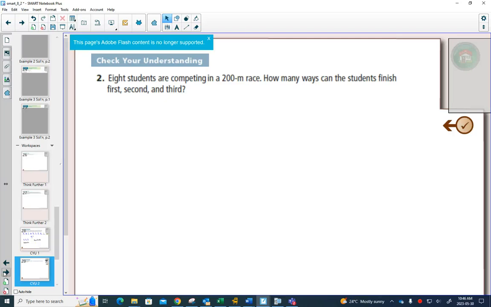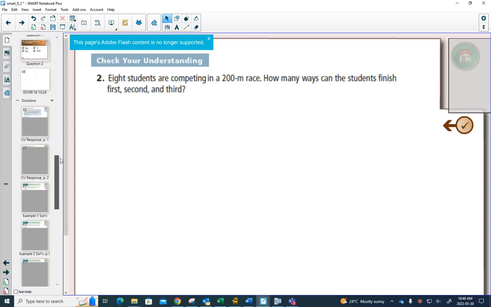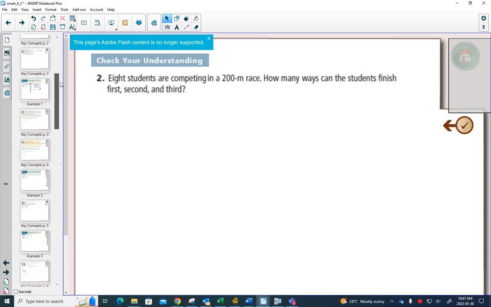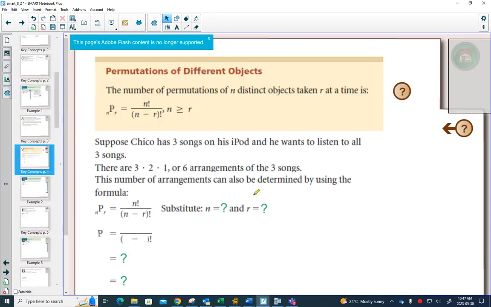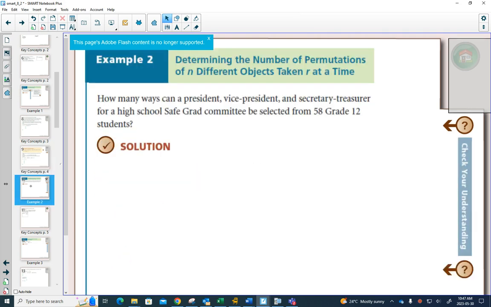And in permutations, on the page before it, they give you a formula that you will almost never use, very rarely. It's on your formula sheet and everything. It's right here, the permutations of different objects formula. That nPr, which is the formula for permutations, is equal to n factorial over n minus r factorial. And this formula is on your formula sheet, but you will rarely use it because you can solve everything with